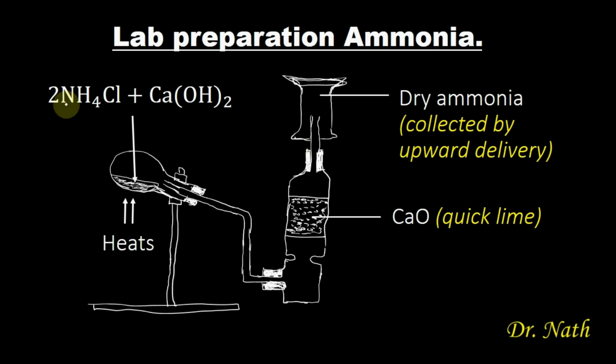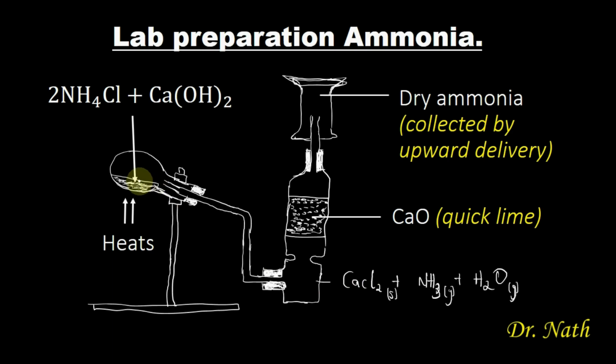So when the powdered mixture of ammonium chloride and calcium hydroxide is heated, from the previous page we said that there are 3 substances that will be formed. Calcium chloride will be formed, ammonia will be formed, then water will also be formed. The water is usually in the form of vapor. The ammonia is a gas, while the calcium chloride is solid. So once these substances are produced here,